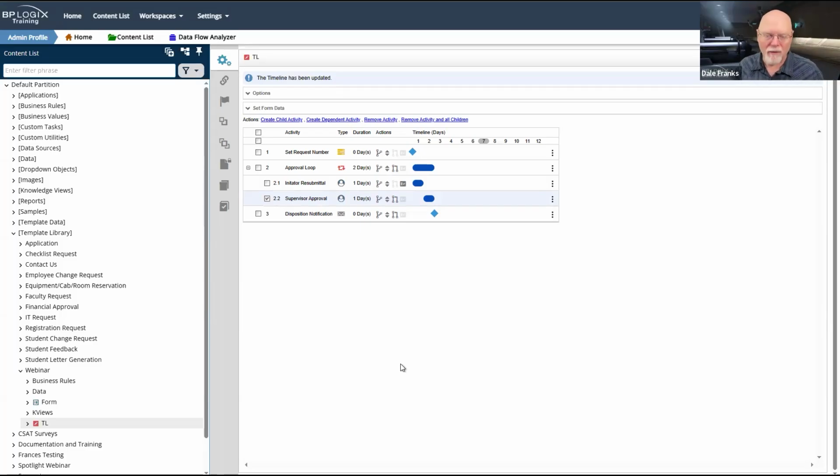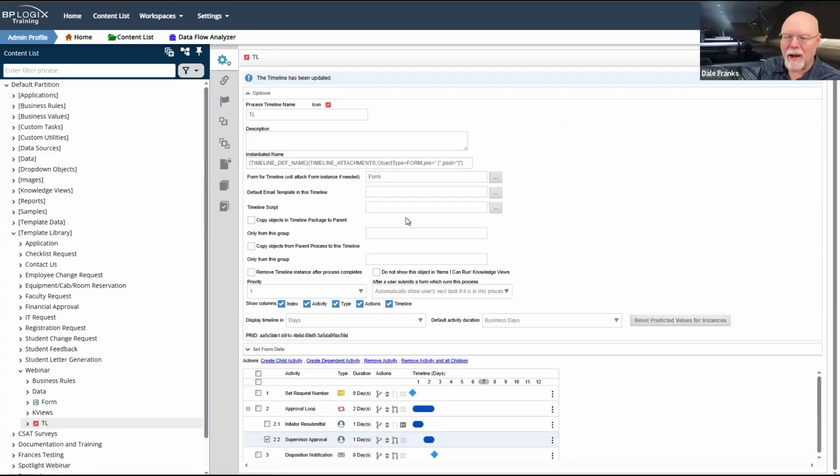I won't have to reconfigure anything for the results. I'll just have to rename the activity, and I'll obviously have to set its dependency to whatever prior child activity. But altering timelines is going to be easier in the future. But for now, I've got a timeline that I'm kind of happy with.